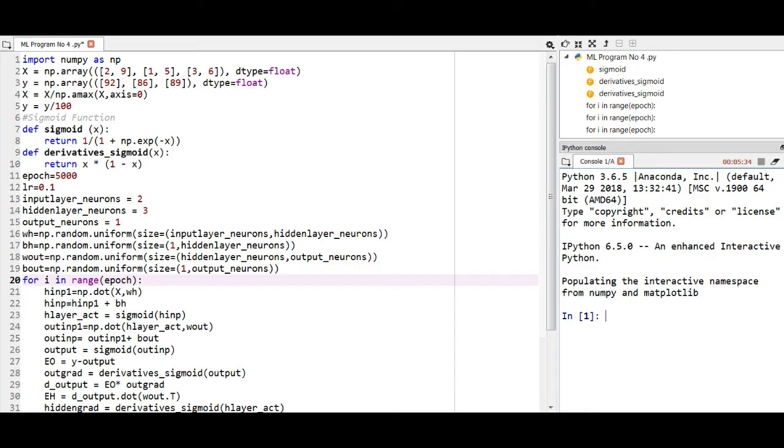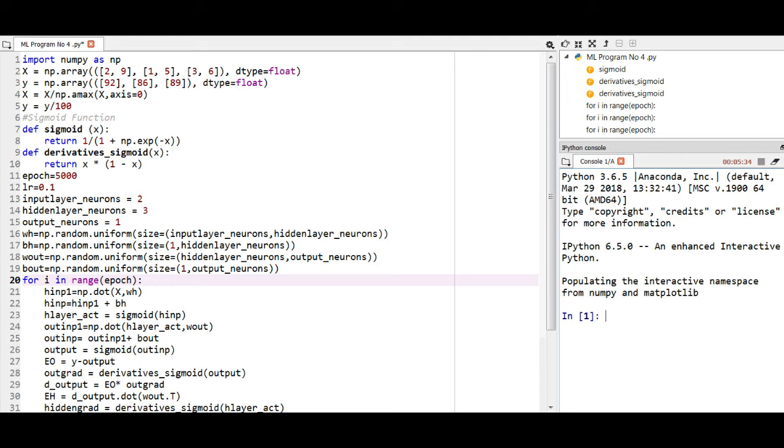In the program, first statement is import numpy as np. NumPy stands for Numerical Python. It is a library. It consists of multi-dimensional array objects. Also, it consists of a collection of routines for processing those arrays.